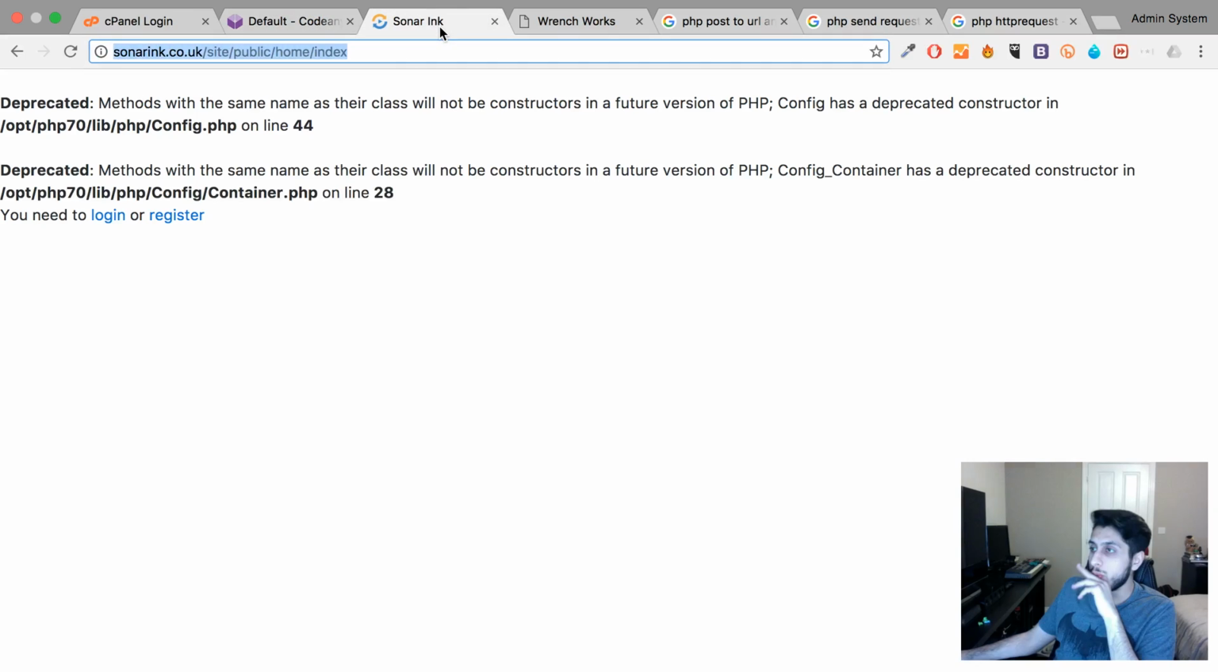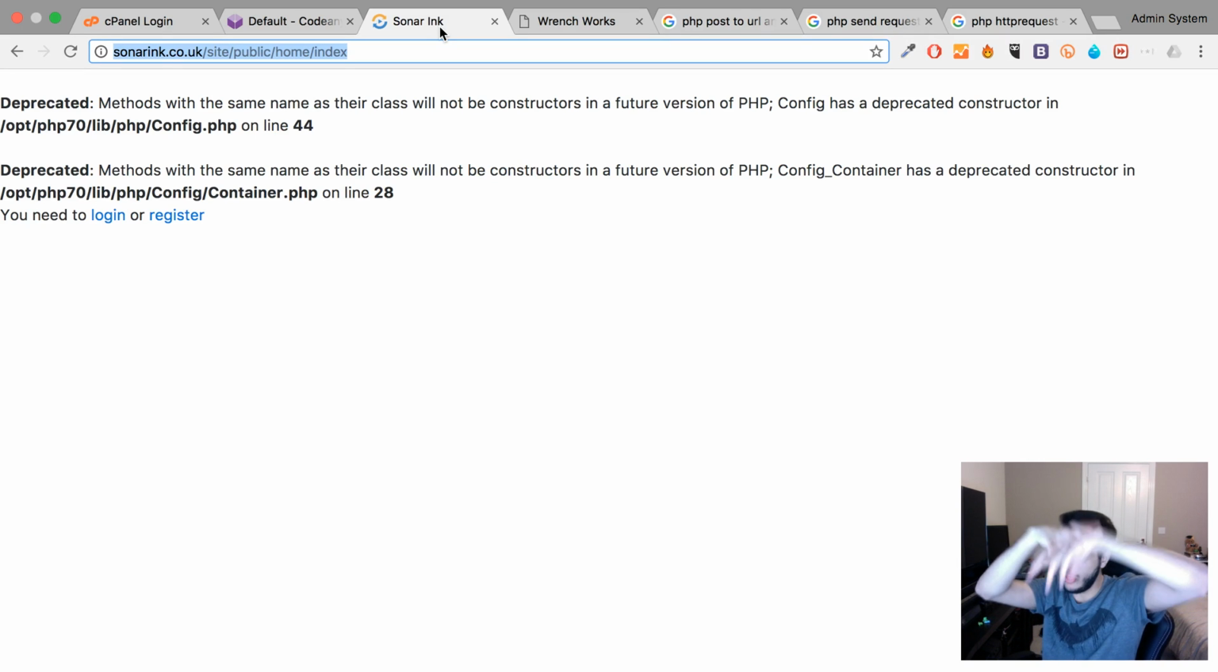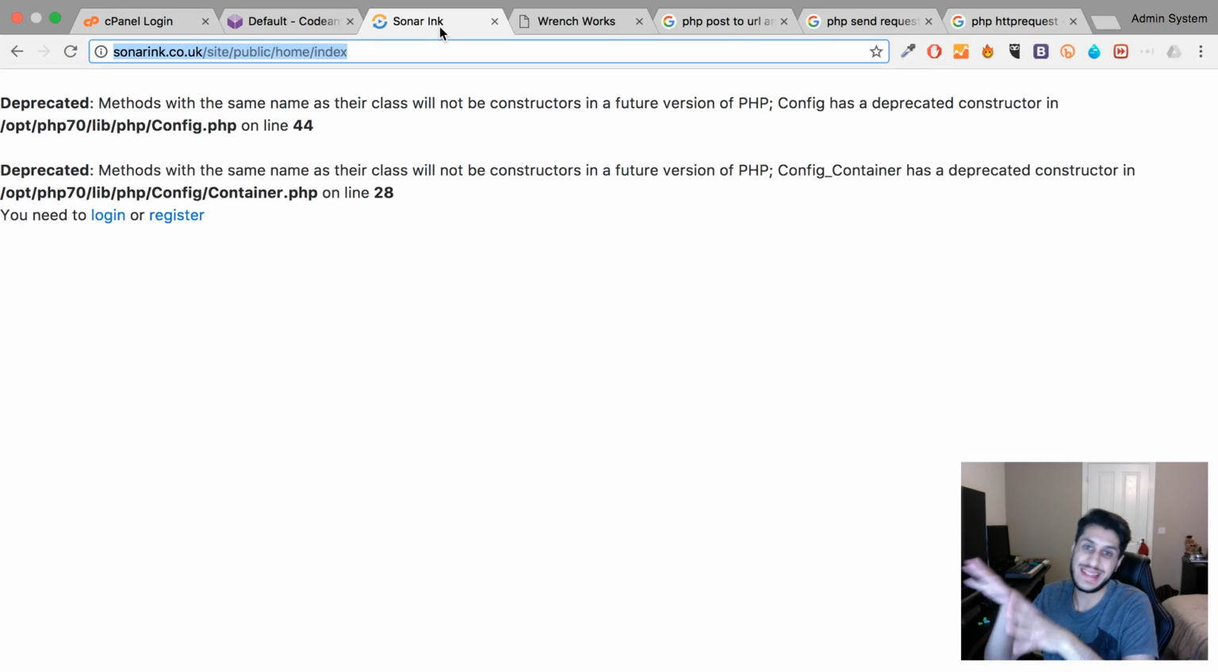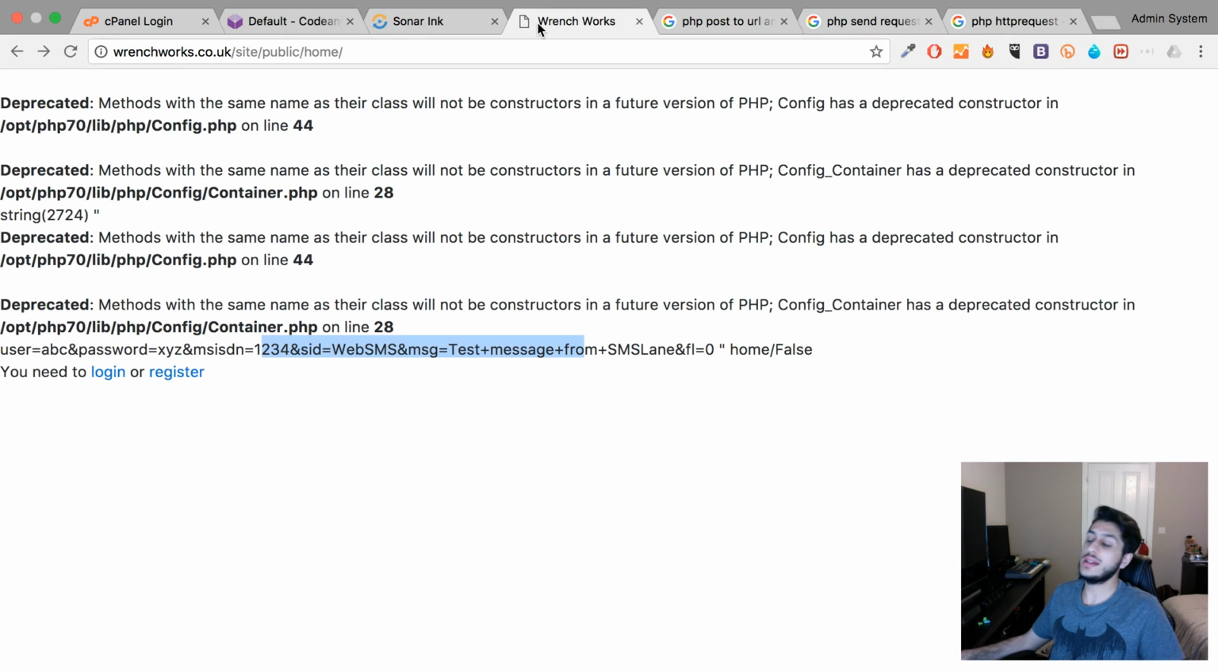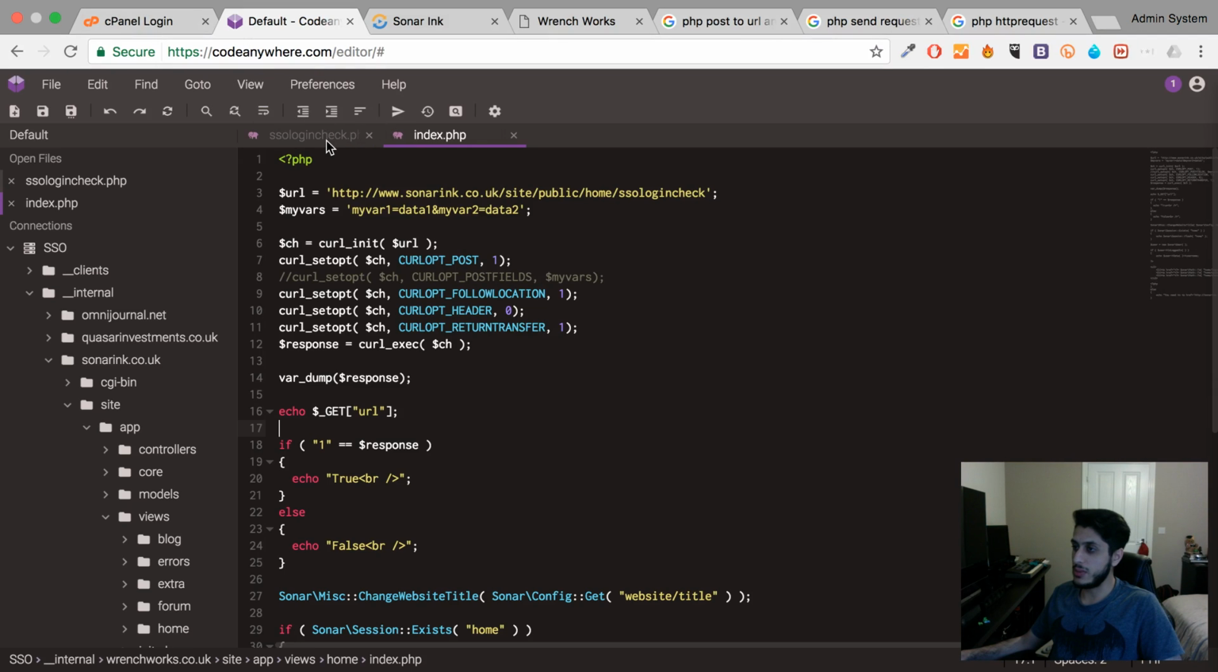So, we've got Sonar Inc. domain essentially as the domain that would have the user account, of which we don't have anything like that at the moment, but this is where you would be communicating with. And RenchWorks essentially would be like a subdomain. And what I was looking at was,